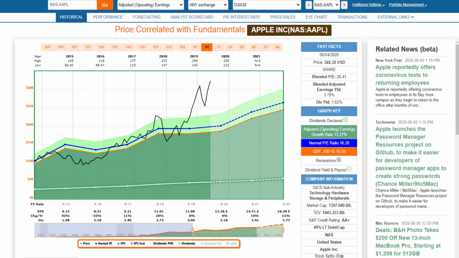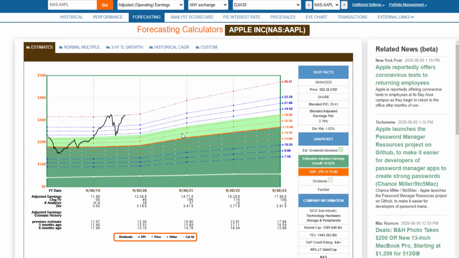Now, I don't take the position that's absolutely what the fair value is. I'm simply using this and I'm studying it and analyzing it. And obviously, the PEs were much lower here when the price was below both lines, and it was higher here. And of course, it's higher right now. We're dealing with a blended PE of 26.4, which is significantly above both of those. Now, when looking at a 12% growth rate here, when I go into the forecasting calculator, based on the consensus